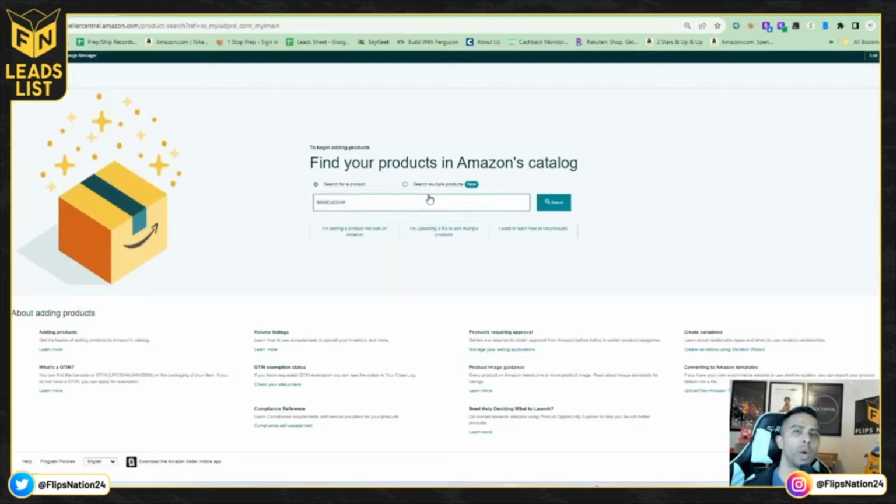Now, let me rewind a little bit. Go to your inventory tab, try to add a product. Then you're going to come over to the screen. I don't want to go to my inventory because it shows all my listings and whatnot, and I've got to do a lot of blurring out. So